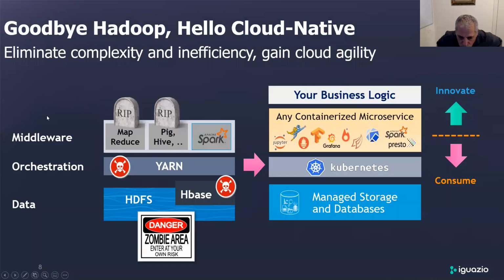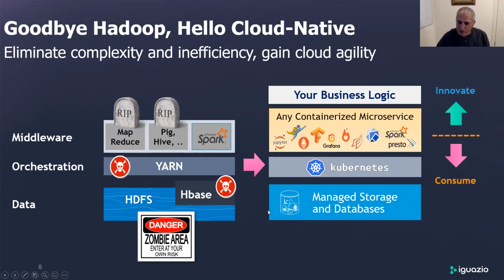And essentially what we're seeing is that the world is moving from this approach, which is essentially very BI or data engineering oriented, of using Hadoop and potentially Spark in a proprietary software stack of HDFS, and then a scheduling framework called Yarn, which is starting to become out of date, and then a middleware, some of which is already long gone, like MapReduce. And instead of having a single siloed approach, which doesn't deal with data science, doesn't deal with other major microservices, we're seeing the trend to move into a more cloud-oriented architecture, where on one end you have managed